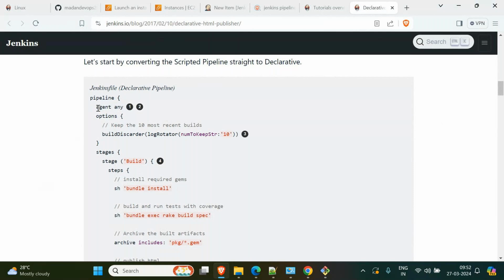Here it says agent any. See, pipeline and a curly bracket. That means the script is starting. It's the beginning, with a space and a curly bracket. Then agent means slave nodes. Suppose you have slave nodes. Whatever way we built the job in freestyle, the same thing we can build